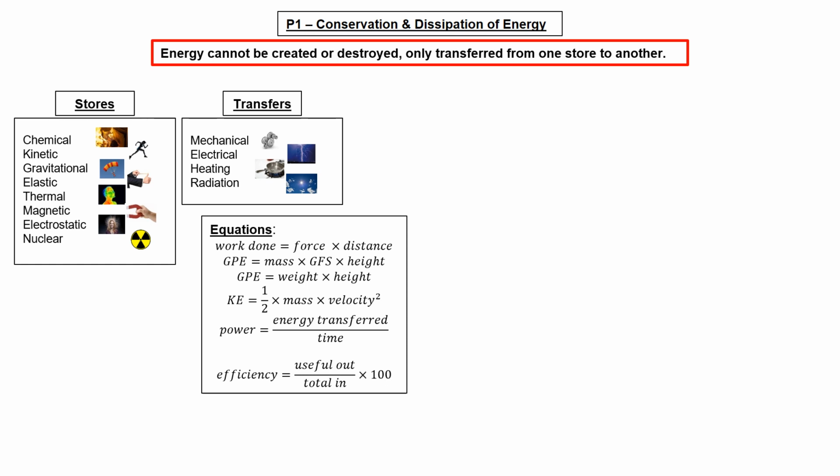We've also got efficiency there, where we've got useful out divided by total in. Now, you'll see it in textbooks written down as useful energy out divided by total energy in. You may even see it written down as useful power out divided by total power in. It doesn't actually matter what we're talking about there. We've got energy and energy, or power and power. We could even talk about it in terms of useful sharks if we really wanted to, but that's a bit silly. Basically, mathematically speaking, the energy on the top line and the energy on the bottom line cancel each other out anyway.